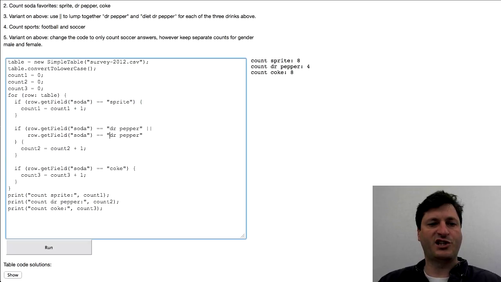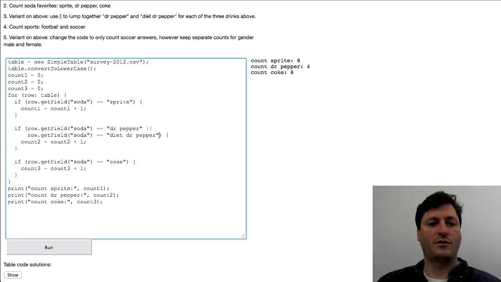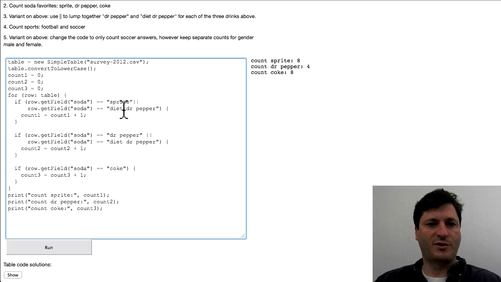I'll say, well, if the soda says Dr. Pepper or Diet Dr. Pepper. And then I'll do the same thing for this. I'll just copy all this. So I'm going to say Diet Sprite. Oops, typo, Diet Sprite, Diet Dr. Pepper, and here we'll say